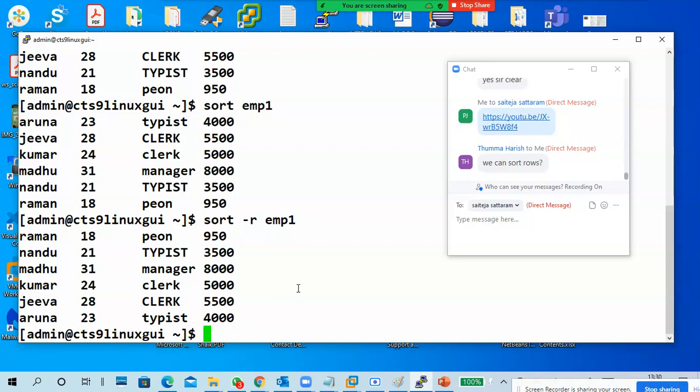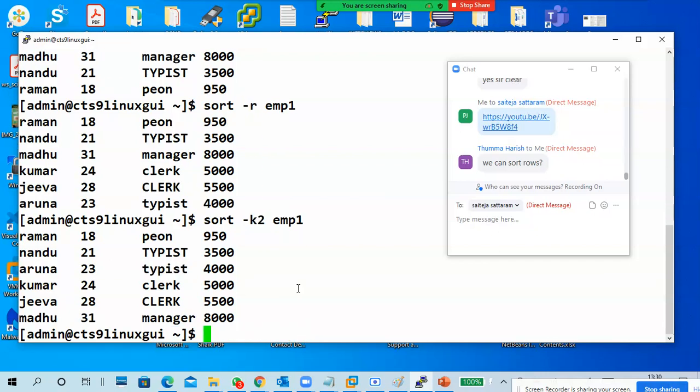If you want to sort on another column, like the second column, third column, fourth column, we can also use it. sort hyphen k 2 emp1 means I want to sort the second column. So automatically, based on the values 10, 21, 23, like that, the rows get sorted.